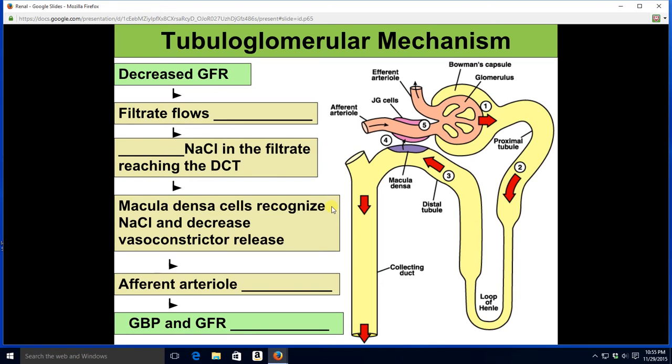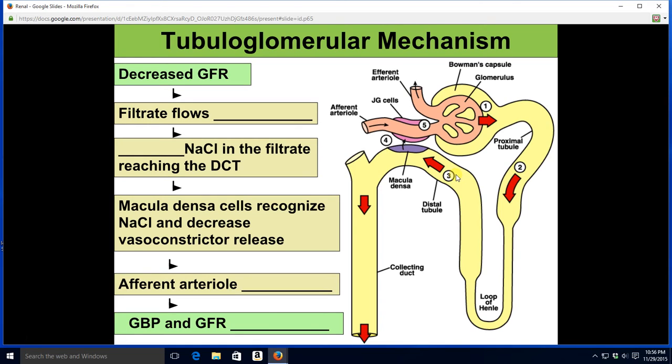Another way is the tubuloglomerular mechanism. All right, let's start at the glomerulus right here. Let's suppose we are filtering too slowly. All right, so filtrate flows slowly. As it flows slowly, there's more time for reabsorption. So by the time we get all the way to the distal convoluted tubule, there is less sodium